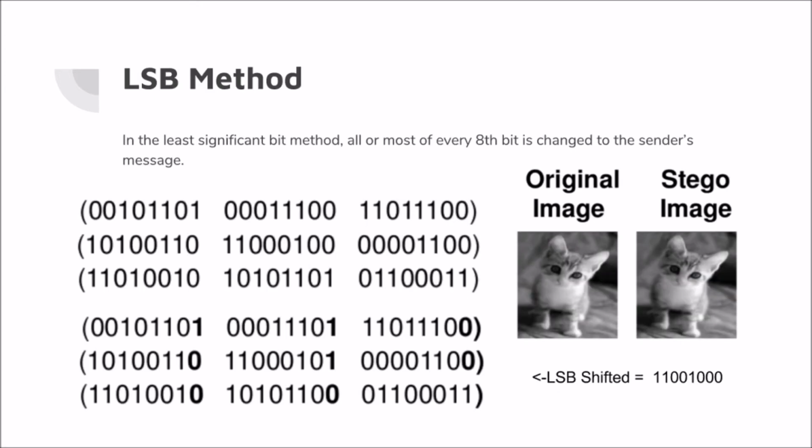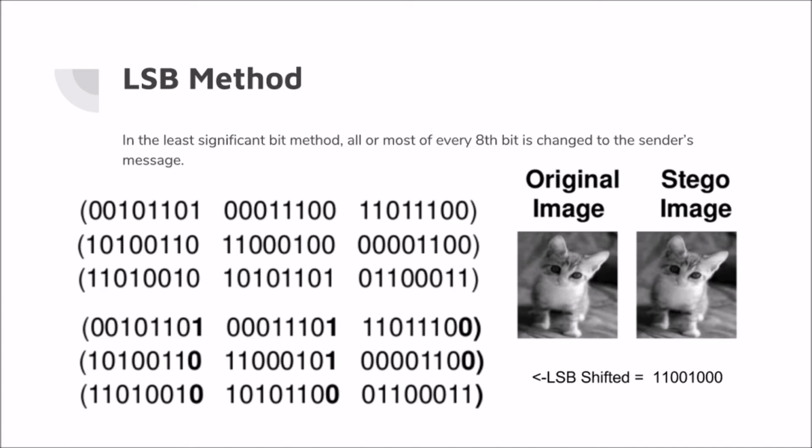Now, to get into the LSB method, which is actually what people like to use when using steganography, it essentially shifts the least significant bit on every 8-bit image. So if we have a picture of this cute little kitty on the left here, and then the stego image on the right, if you try to notice the differences with your eye, you won't be able to, unlike the first slide where you could clearly see